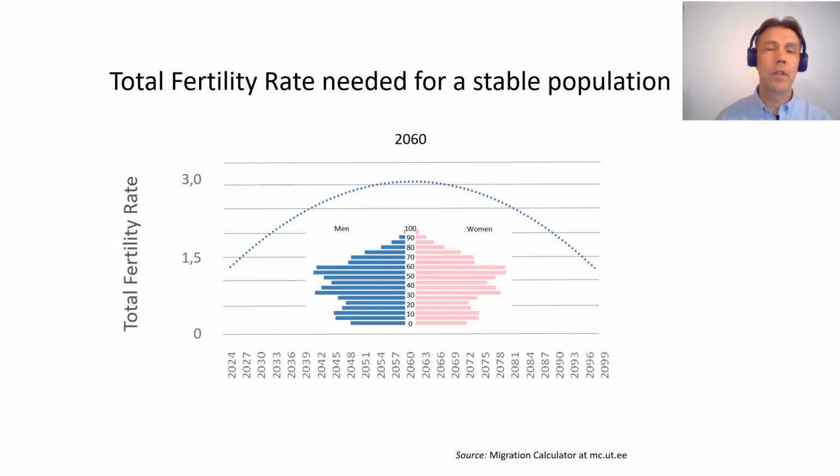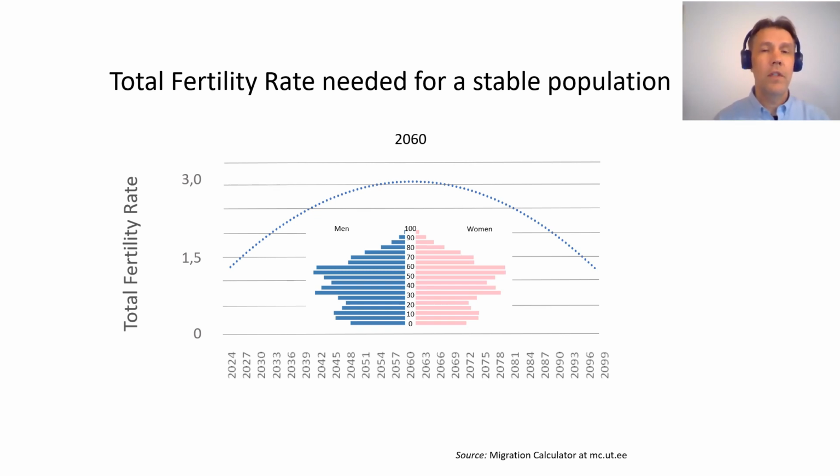And what is the average number of births needed each year to keep the Chinese population at 1.4 billion stable till the end of this century? What we see is that the three-child policy would indeed help. What we also see is that there is no urgent need for fertility rates to rapidly increase to this level, but rather there is a need for a gradual increase till the year 2060.